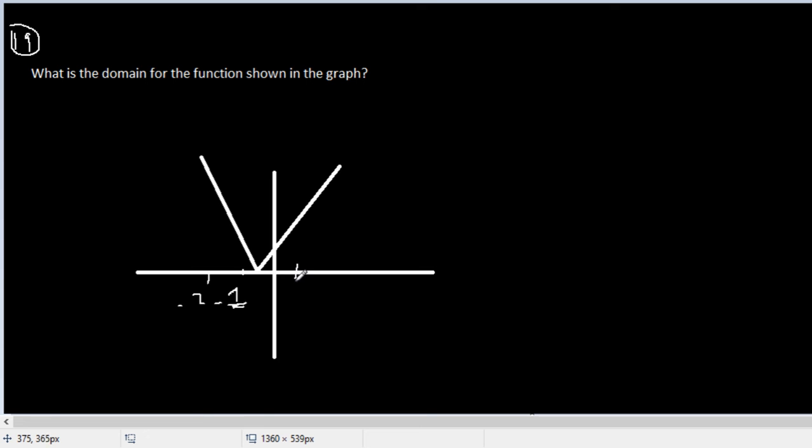You have 1, 2, and so on, and up and down, and so forth. So the domain of this function is actually the set of all real numbers, because there is no restriction as to what the number can be. So for instance, if I had f of x